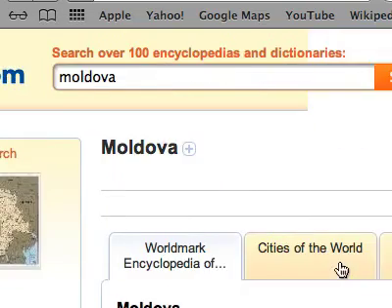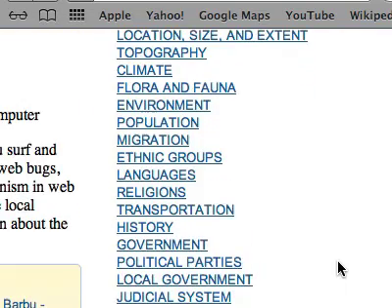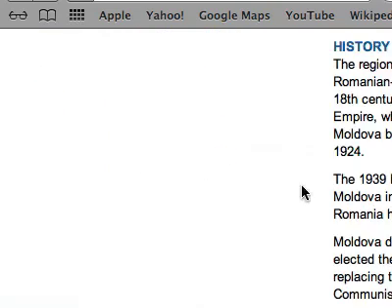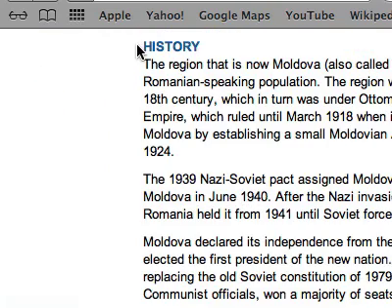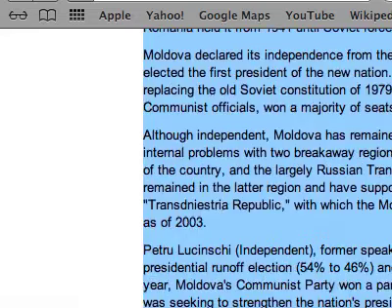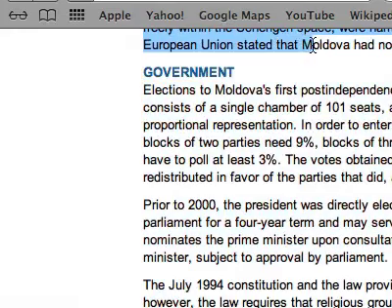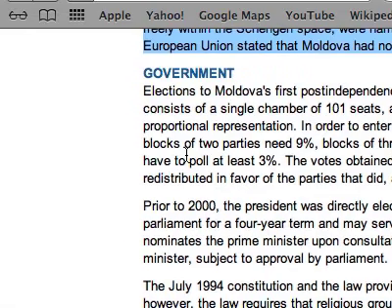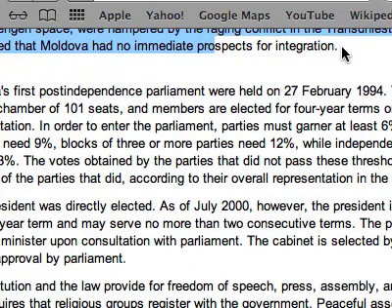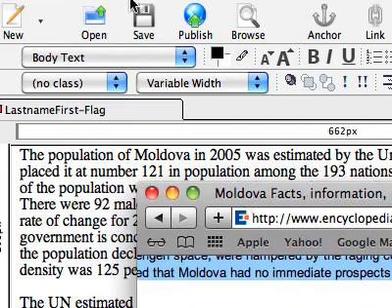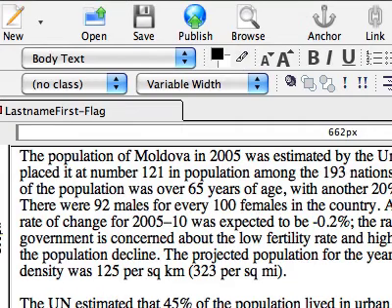So now you should go through and select 4 of these items, and they could be any of the items, history, government, any of these things. Just highlight, copy, and paste them into your NView window. I'm going to copy and paste one topic at a time and make sure that I get the entire paragraph. I copy it, I bring it over to my NView window, and I paste it in the next available